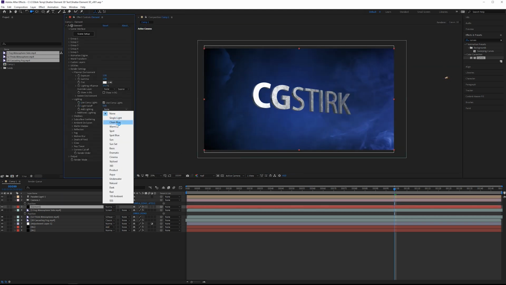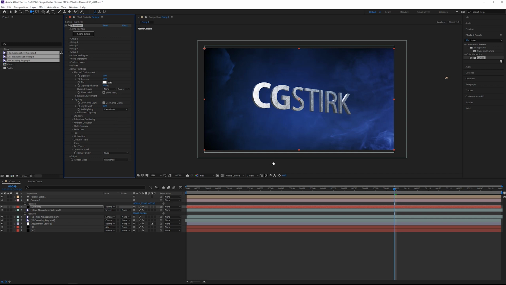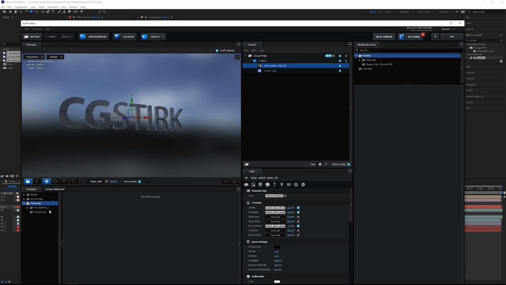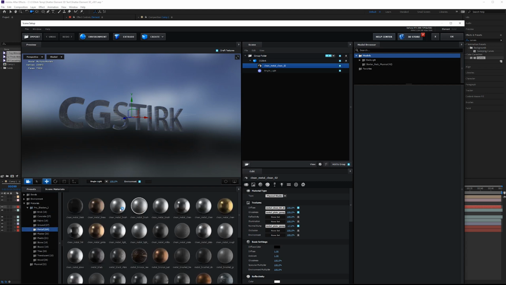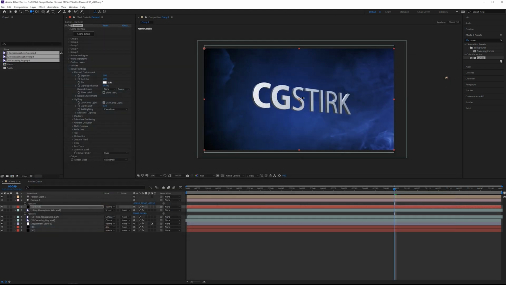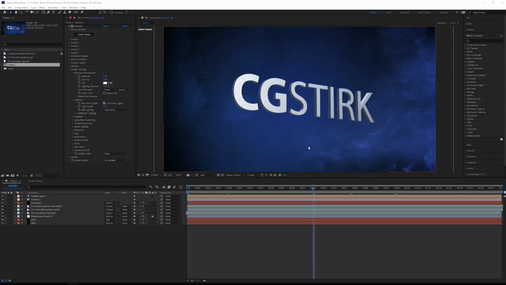I'm also going to add a supplement light in the additional lighting tab. I'm also going to switch out the material for the outer faces. I want something a little bit cleaner, less grungy. And now we should be ready to move forward. All right, so this is looking a little bit more put together now.